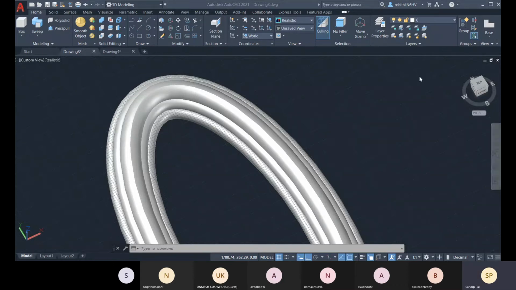One last thing: if you are creating your own material with any image, suppose you download an image from the internet and apply it within your material, you need to upload that image file. Where will you upload it? Come to this team. Within your batch, you have this exam channel, and within it this answer files folder, and there you need to create a folder with your name. Suppose Unmesh.